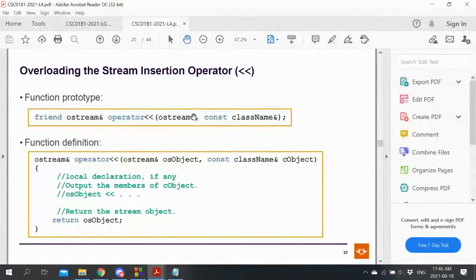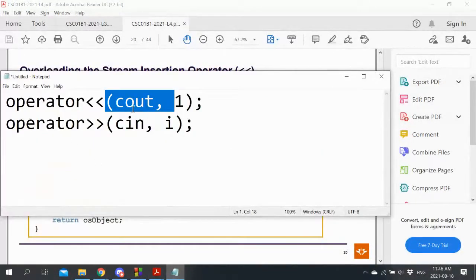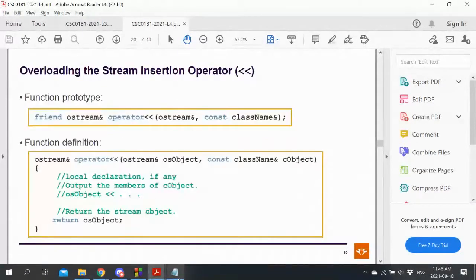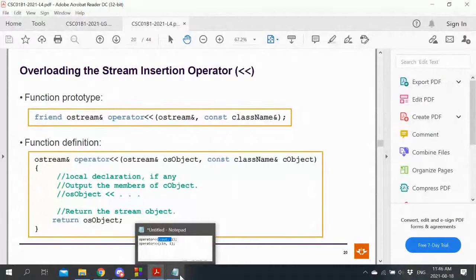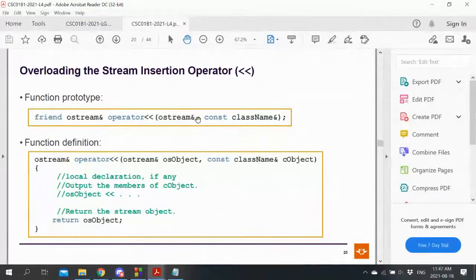Also, for what it's worth, it's always an ostream reference and not a const reference. Why? Because we want to change the contents of the stream by sending values to it or reading values from it. But there's only one copy of these streams in existence because they're tied to a particular terminal. So you can't duplicate it, send data to it, and hope that it still works. They actually stay fixed. That's why it gets passed through as a non-const reference. We don't want a copy of it. We want to be able to change it. So it's non-const, but it is a reference. And that's the reason why the signature looks like this.